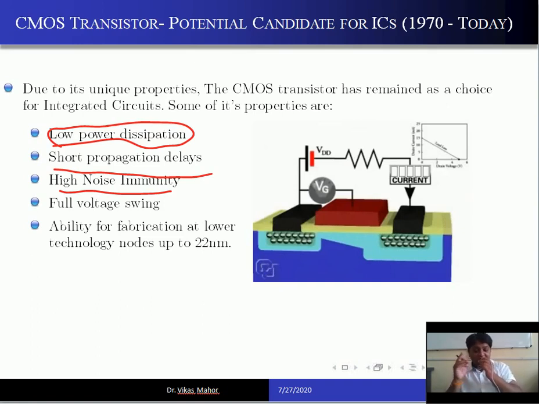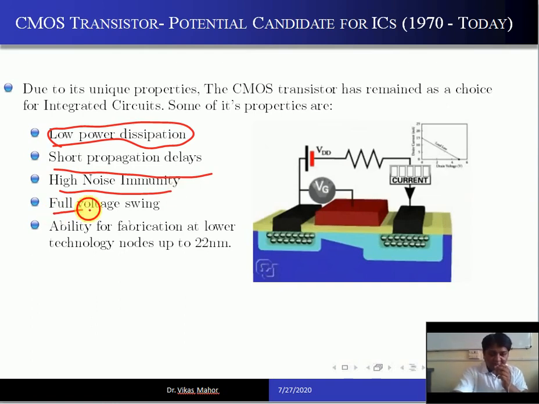But in case of CMOS, what happens? In case of CMOS, the amount of threshold voltage which is required, I'll make it clear what is threshold voltage, but as of now you should understand that the amount of threshold voltage which is required to turn the device on and off is very high, and because of this we can call that noise immunity of CMOS is very high. That means whatever noise which is appearing at the input of CMOS will not affect the device. Fine. So it has high noise immunity. This is one of the reasons why CMOS is used in IC.